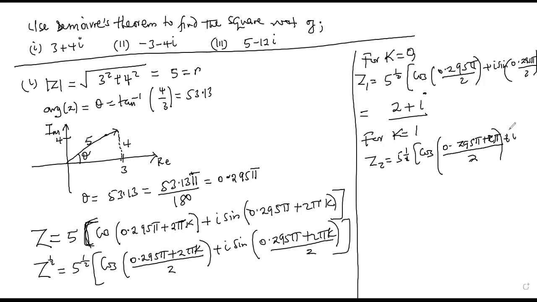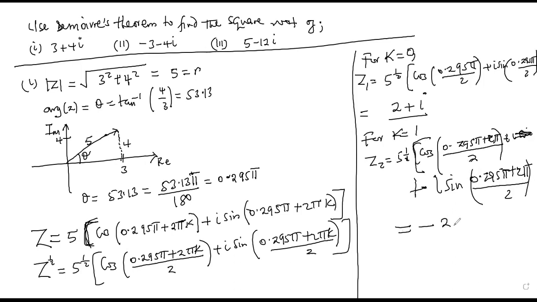plus I sine, let me put it here, plus I sine. Remember, the whole of this is inside of 5 power half. So I sine 0.295 pi plus 2 pi out of 2. So when you simplify that, you're going to get -2 minus I,